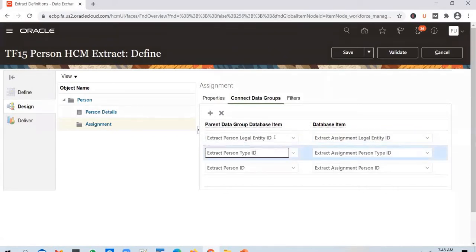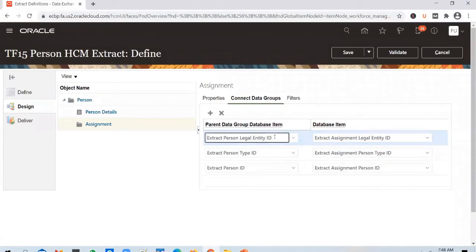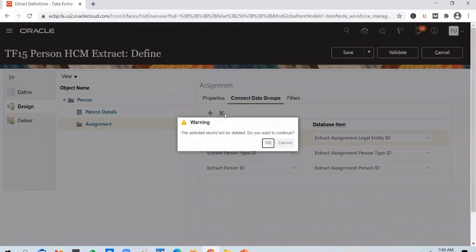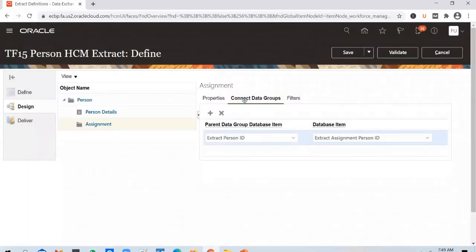But in real-time instance, even if you leave them as is, that's absolutely fine. But in this instance, ECBP or ECBP test, if you leave them out, you might not see any information about the assignments because the person type ID is not populated. Okay, so I'll take out these two join conditions. And just the person ID join will be sufficient.